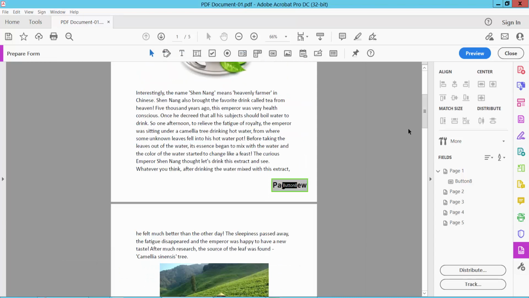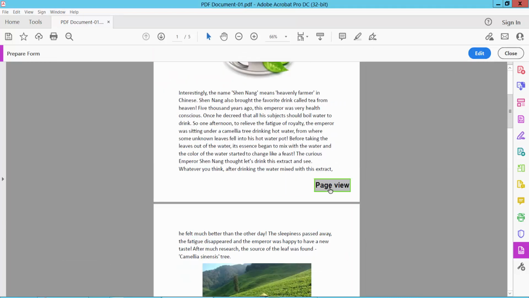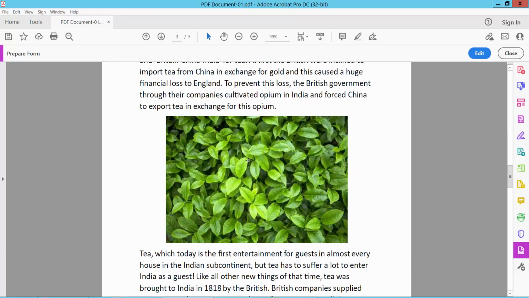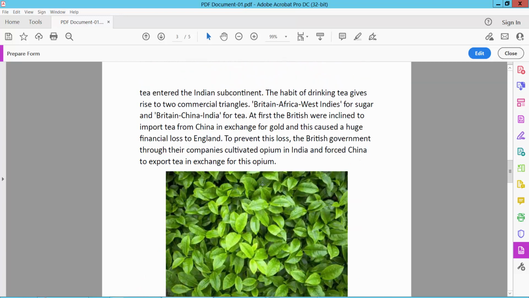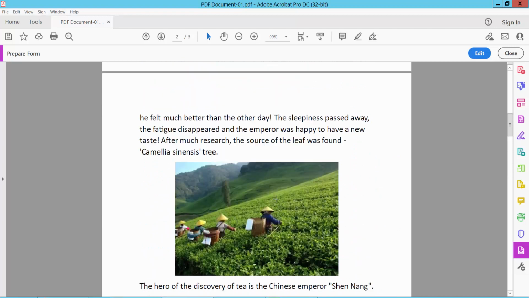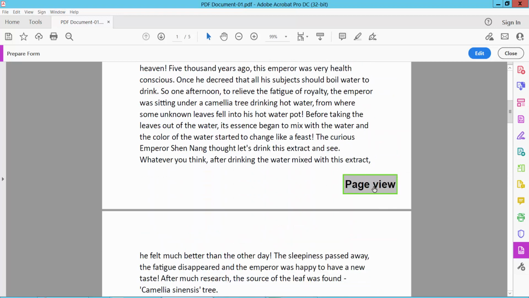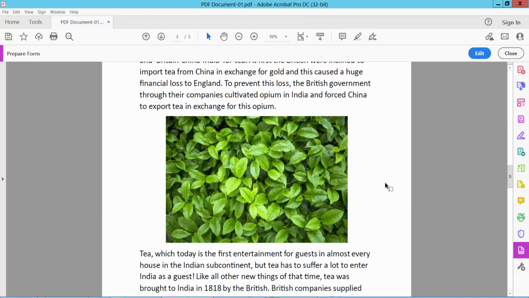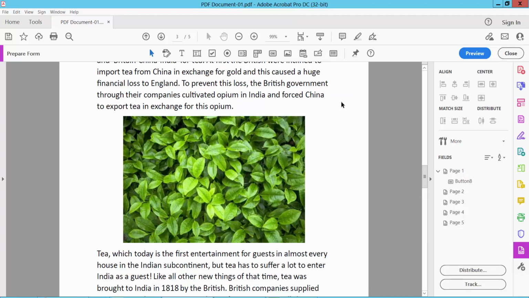and close and preview. Now click here and see this. This page automatically showing here. Again go and select this page view option again and see this. Now I will again edit this page view option from